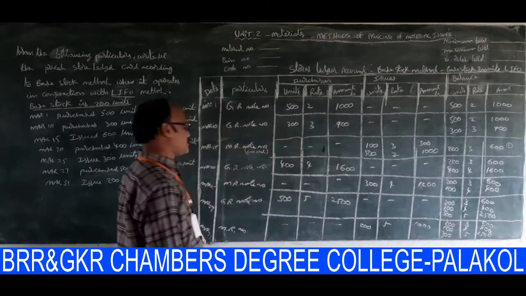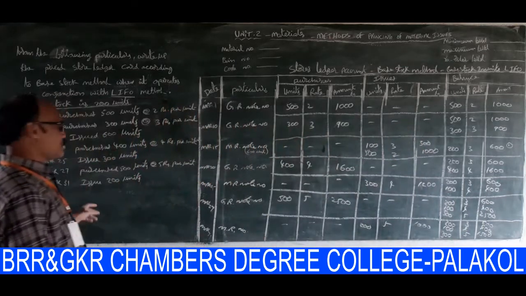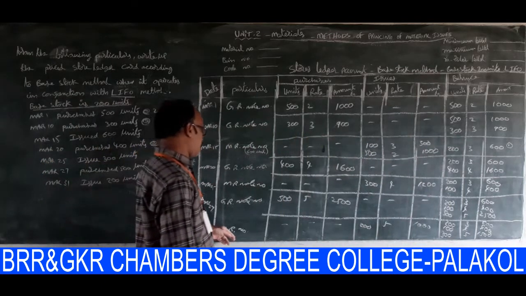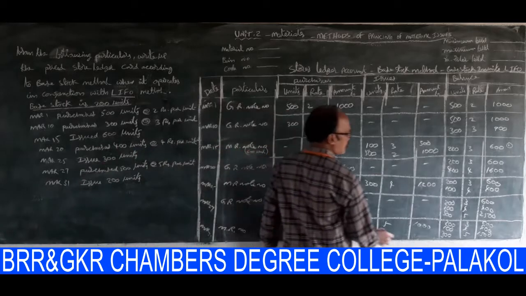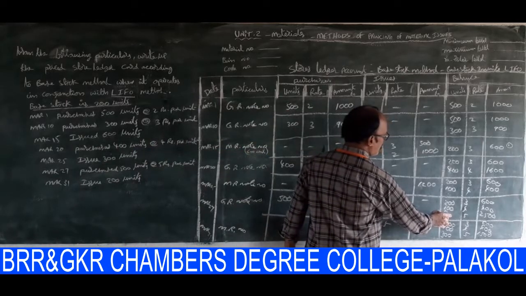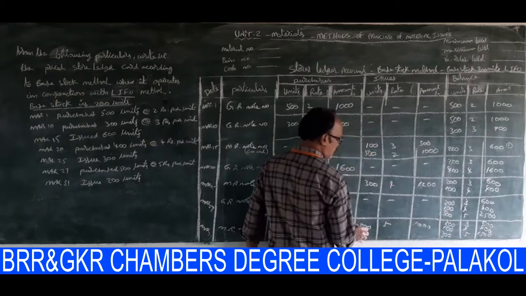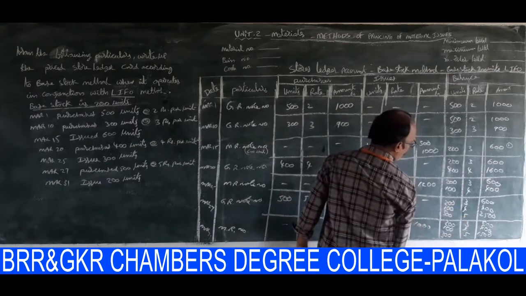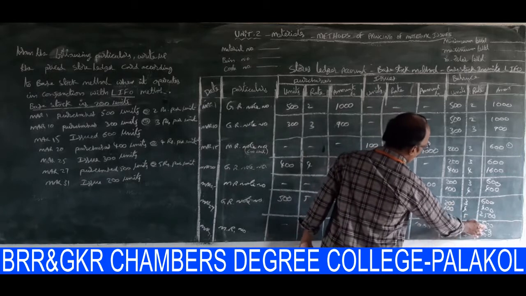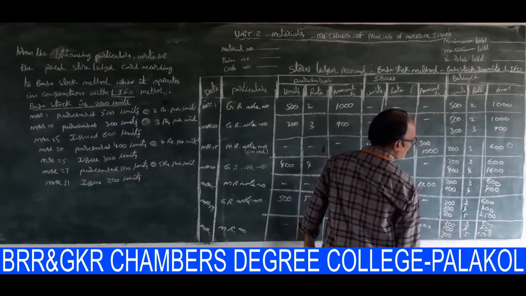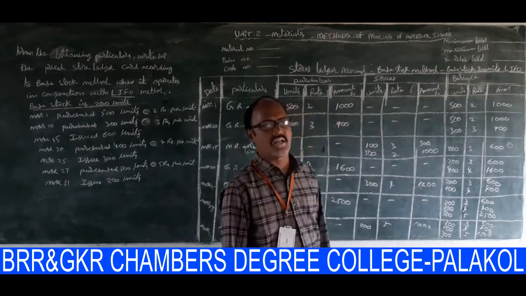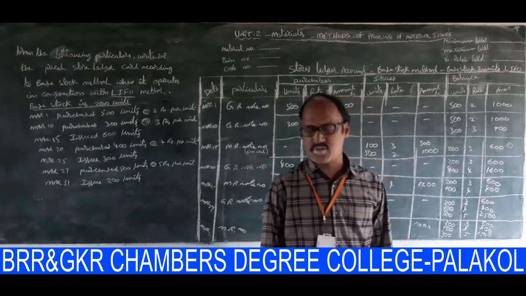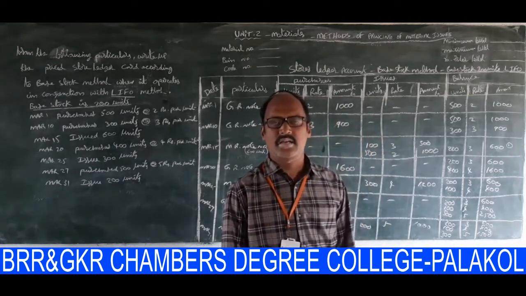Next one, March 31st, issues 200 units. So March 31st MR note number, issued 200 units. How do we issue 200 units from this? Okay, 200 into 5, 1000. So 200 units at 3 rupees, 600, 100 units at the rate of 4 rupees per unit, 400, 300 units at the rate of 5 rupees per unit, 1500 worth of material is to be treated as closing stock. So this is the example problem for base stock under the LIFO method.